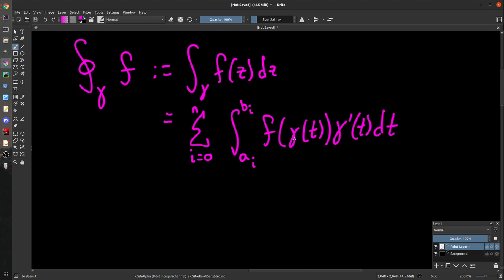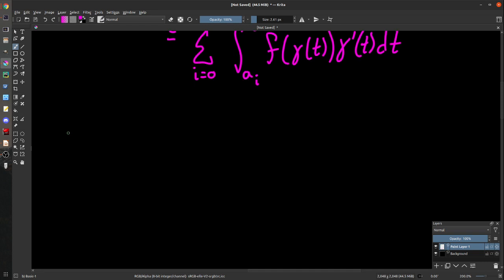There's nothing too fancy about it. This is proposition, I think, 2.1.2 in your book. And it might make it all seem a little bit easier, because you might feel like I don't know how to handle all of these fancy little integrals in the complex plane. But just think of this: